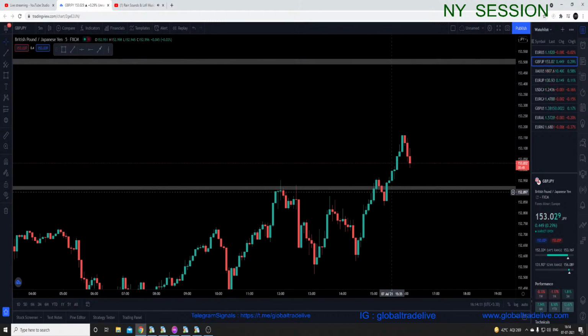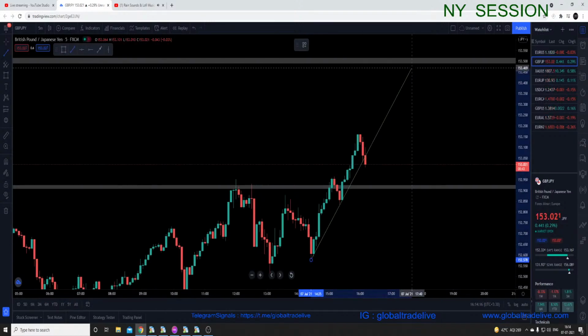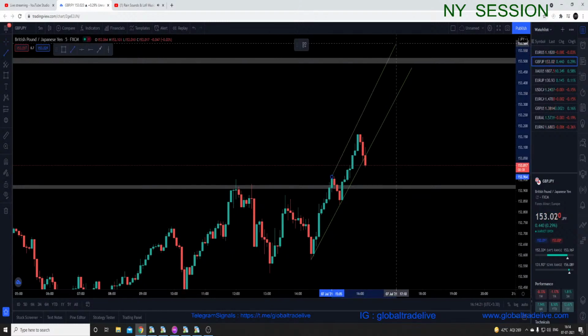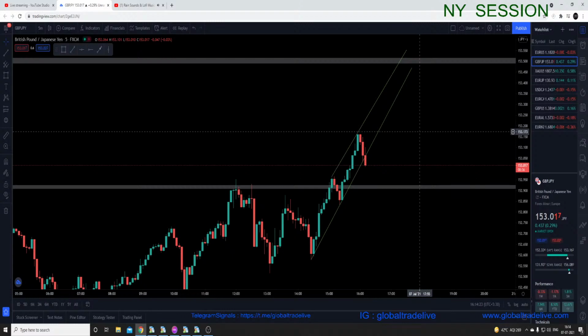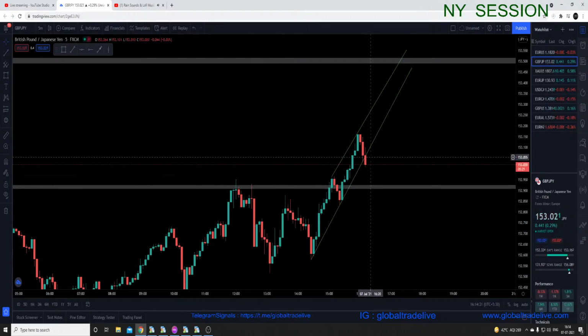So we need to set up something like this. Right now the information we have is that this is a channel going on, and GBPJPY should be respecting the lower channel over here and moving up from this point, but it only has 20 seconds left to close, and after 20 seconds the next 15-minute candle will be starting. So we need to see where it starts to go,